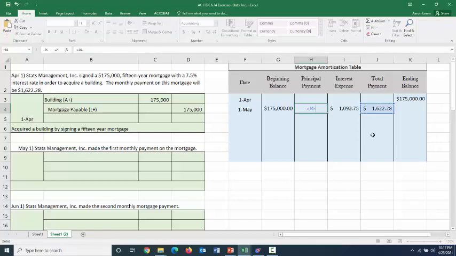Well, our total payment is $1,622.28. And we know that $1,093.75 of that is going towards interest, which means the amount that is being applied towards principal therefore has to be the difference, which is $528.53. What are we going to owe on this mortgage at the end of the first month? Well, we're going to owe the difference between what we owed at the beginning of the period and the portion of our payments that went towards principal, so $175,000 minus $528.53, means that at the end of the period, after they make their first payment, Stats Management Incorporated is still going to owe